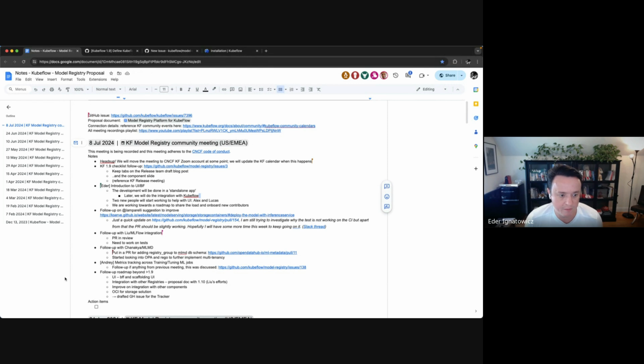In that way, we can benefit the community. We will start with a standalone app for Model Registry as a development environment, just to speed up our development, so you don't need to install everything on Kubeflow. As soon as we have a first version, we are looking forward to integrating with the Kubeflow dashboard.